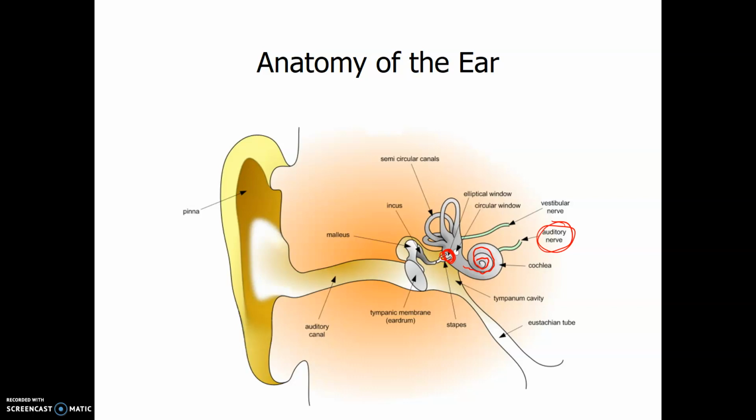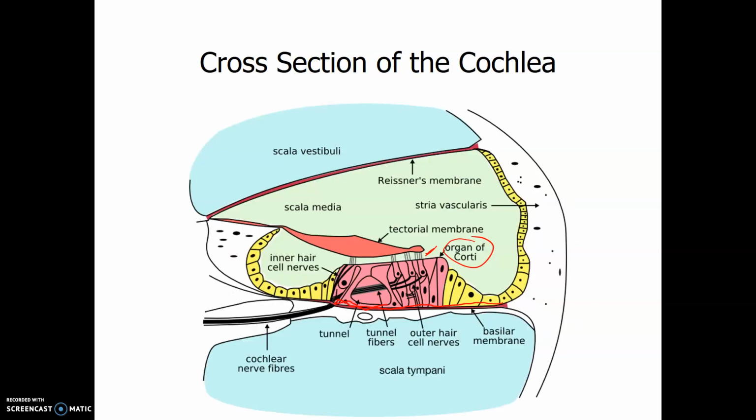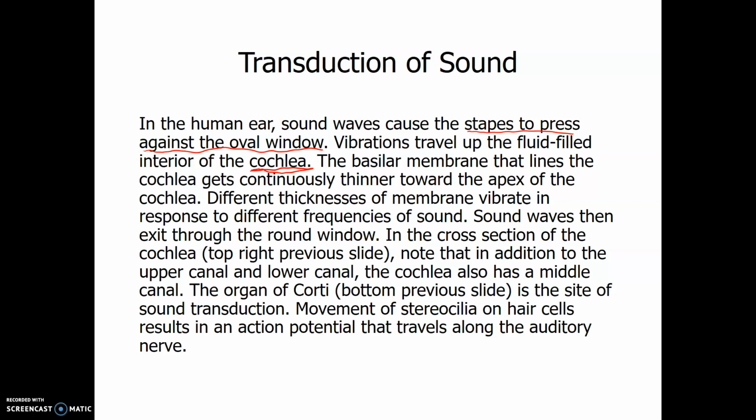It's thicker on the outside and thinner on the inside, and because of that difference in thickness, it can detect different frequencies of sound. Different species of animals will be able to detect different frequencies, like we can detect frequencies